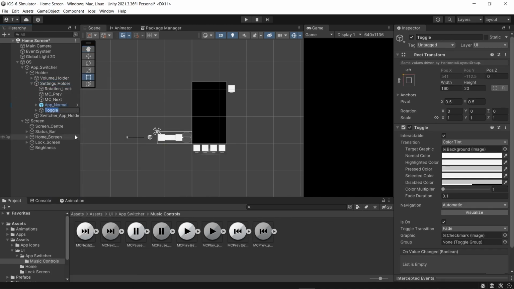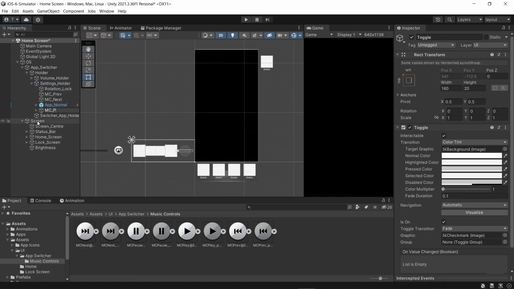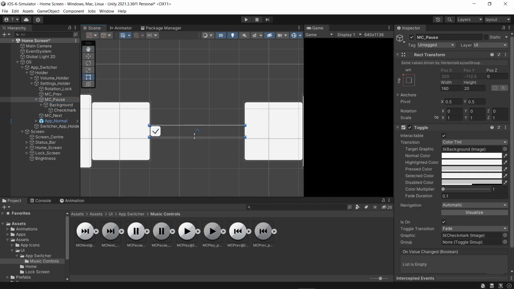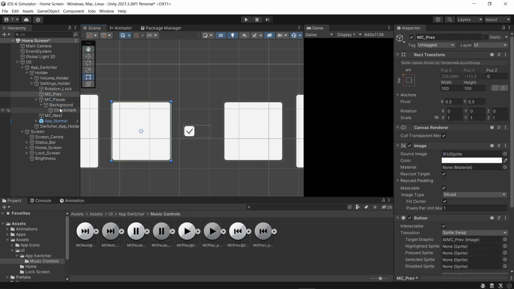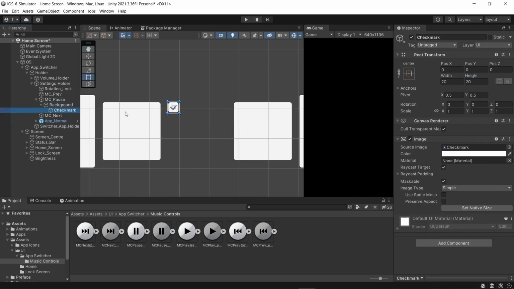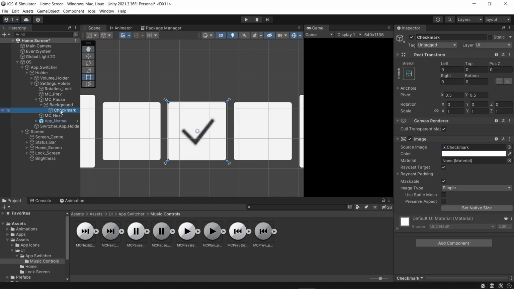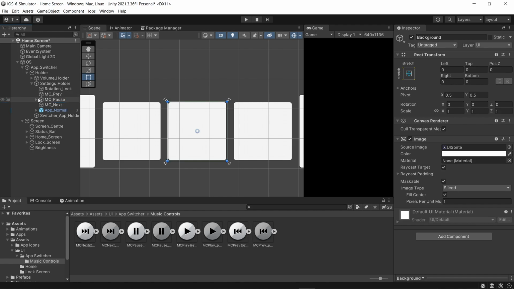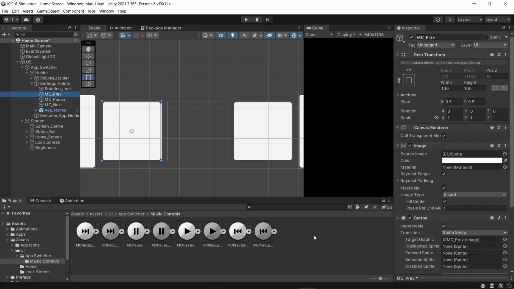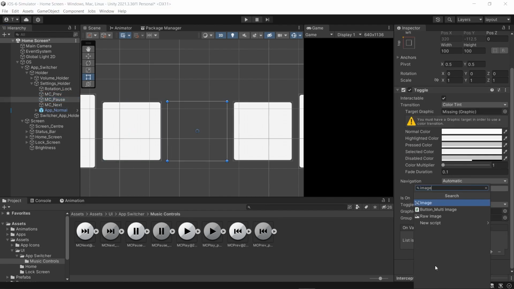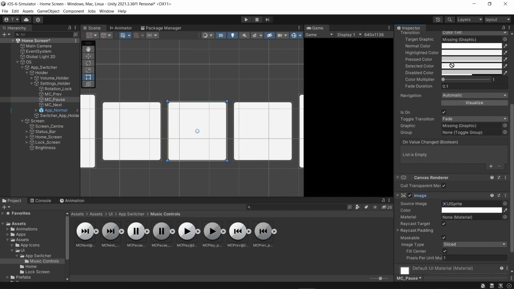Alright, now it was time to quickly change the way the media system worked. So initially I just had a button for the pause and play, but I actually had to change it to a toggle because, well, it's got two states, playing and pause. So I just quickly changed that, got rid of all the unnecessary stuff, so the text on the side, the check mark, and just scaled it to the right size, which is 100 pixels on both the width and the height. I renamed it and then added in the image components that were there,